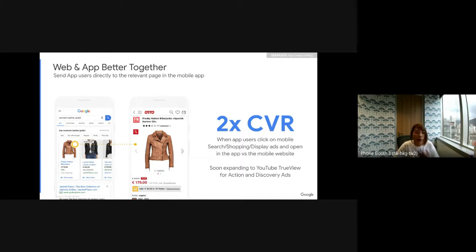Because if I were the consumer, an app always gives me a more user-friendly experience in browsing the product and making a purchase, whereas a website sometimes takes a longer time to load, and it's not as smooth as directly opening in an app.